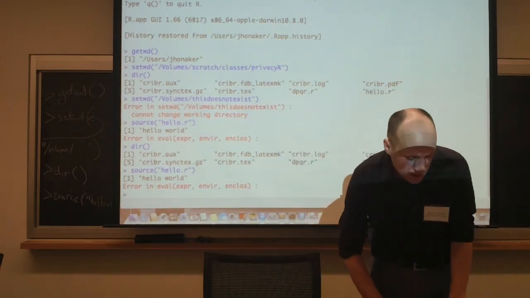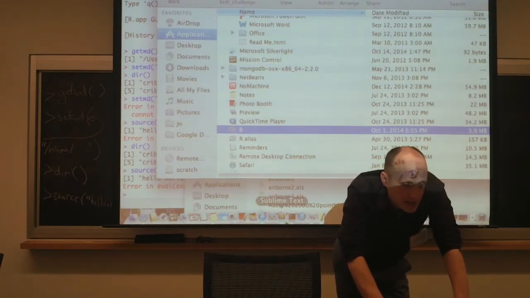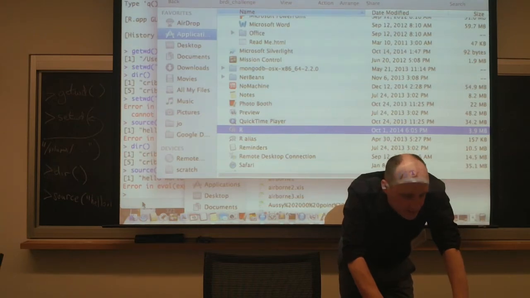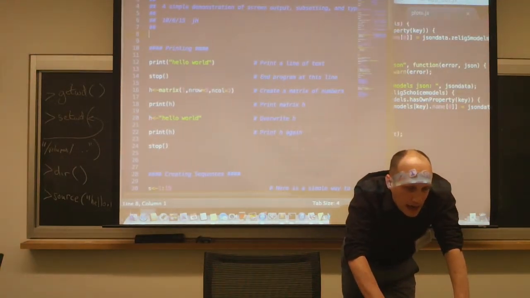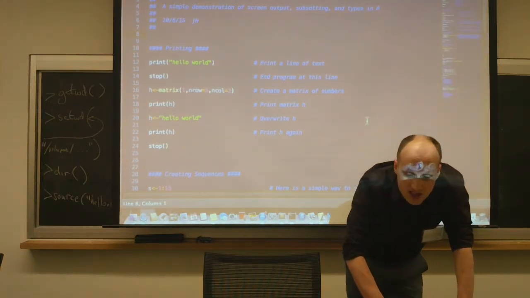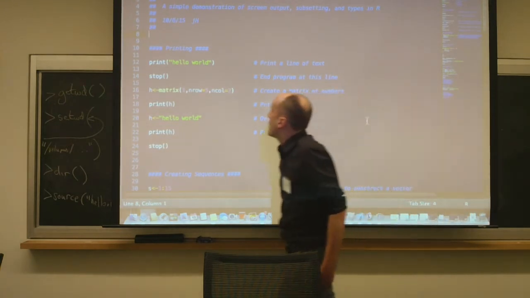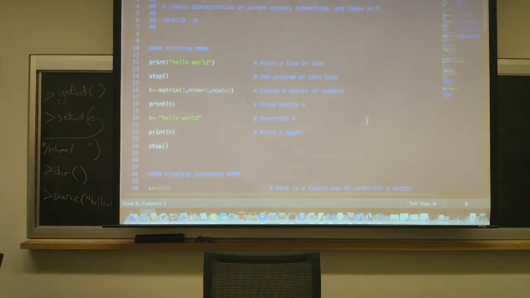Okay. So if you can open up that directory, let's just take a look at the actual piece of code, and we'll walk through the code and then see how it was sourced in at the prompt. I'm going to open mine up in an editor. If you've got different editors that you like, I generally use an editor you can download if you don't have one on your machine called Sublime. It's reasonably good about understanding R code by default, and also LaTeX code if you create your documents that way. But it's nothing special.